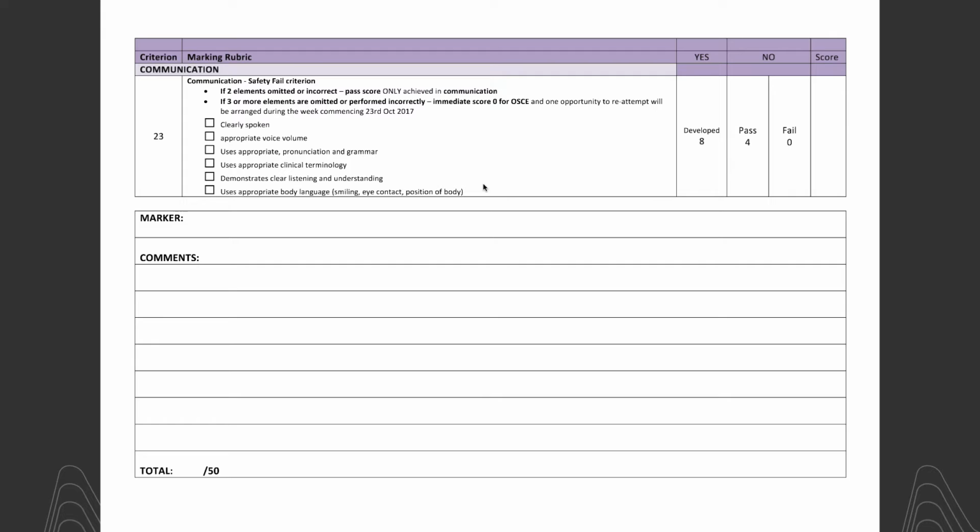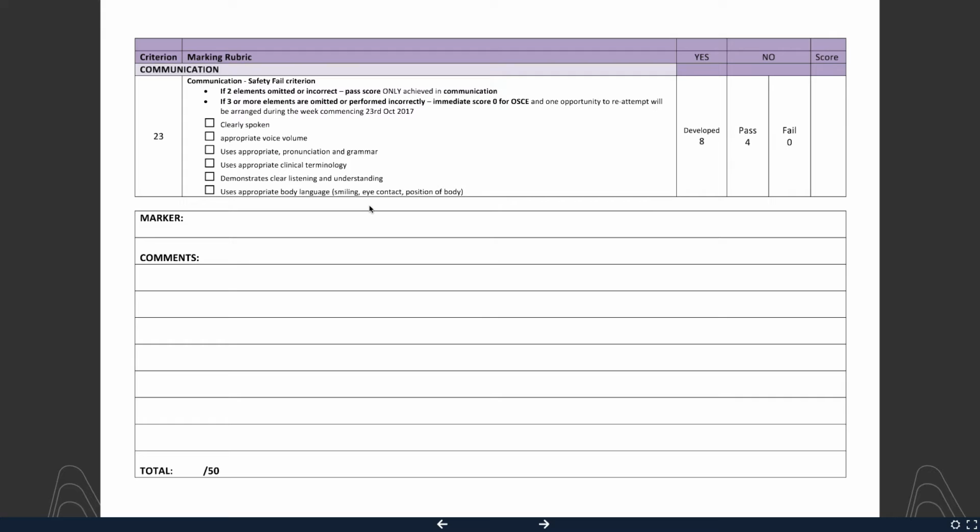So therefore, if three of these elements or more are omitted, so if you don't do three of these or you perform them incorrectly, you will receive a score of 0 for your OSCE and you will be offered a reattempt. So your OSCE is out of 50. So the marking criteria totals 50 and your marker will provide